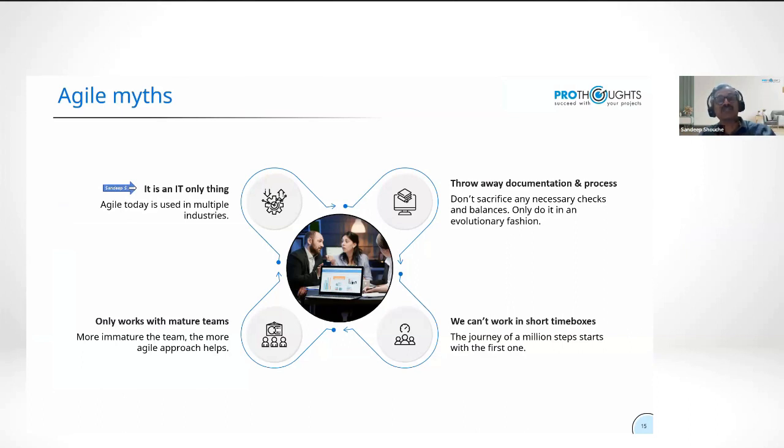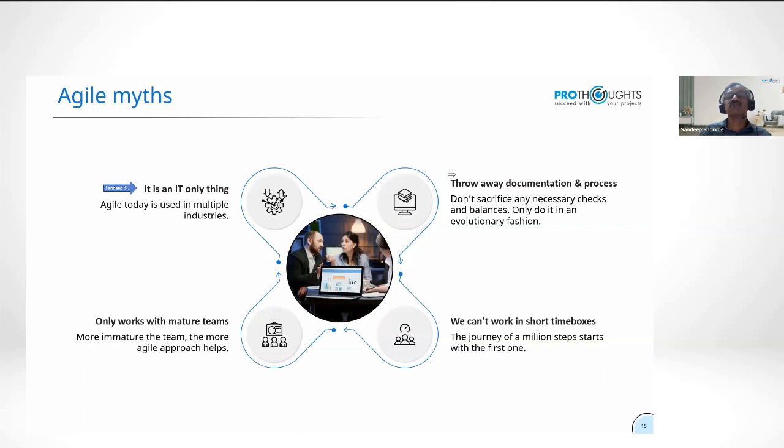Oil and gas upstream. How can I improve the yield of my 25-year-old oil wells? By using agile approaches. Mining companies, can I go from idea to commercialization, concept to commercialization in months rather than years? How can I do that? They are already thinking about this. It's not an IT thing anymore.